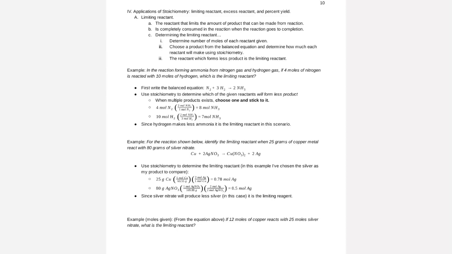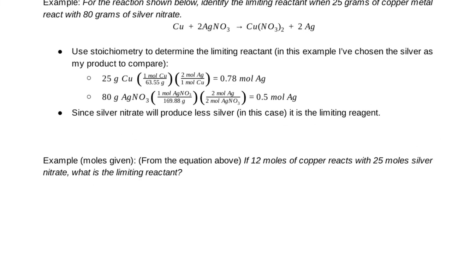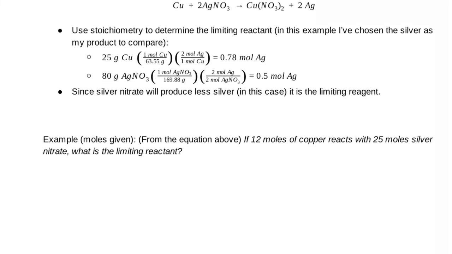The notes go on to show you a couple examples of how that works out. Please take the time to read through them. We're going to dive right into the first example that is left blank. And now I'm going to take a closer look. The equation on which the problem is based, I put a weird version of a green star next to. It says copper plus 2 moles of silver nitrate yields copper nitrate, probably copper 2 nitrate, and 2 moles of